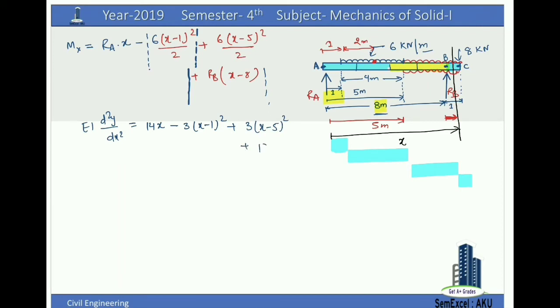Rb is 18, so we have to write 18 into x minus 8. Now to get the slope, we have to integrate that equation. On integrating, what we get is EI dy by dx is equal to, we have to write this part everywhere,